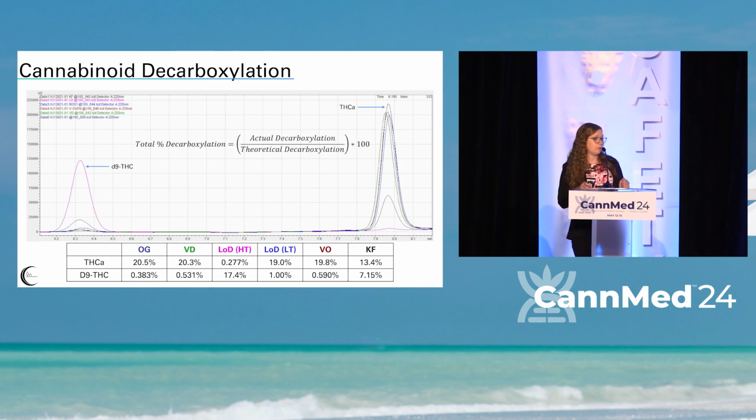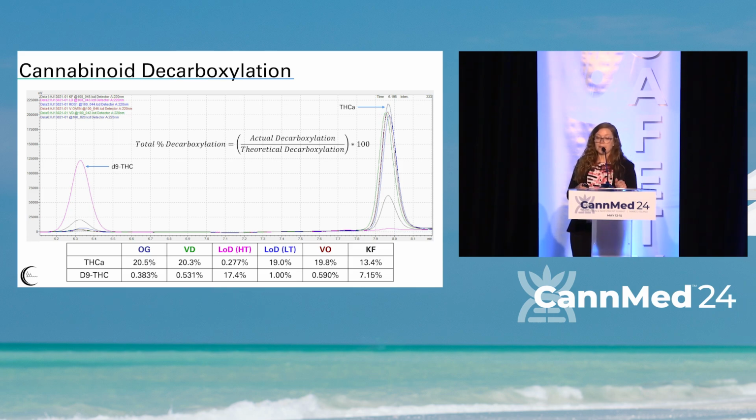We still have 20.3% THCA and about 0.5% Delta 9. The loss on drying sample though, that's a little concerning. That's that pink peak. So when we're loss on drying that sample at a high temperature of 103, we are almost completely decarboxylating it. So you can see there that we now only have about 0.27% THCA, and now we have 17.4% Delta 9. Loss on drying at low temperature had minimal degradation and decarboxylation of the cannabinoids, similar to